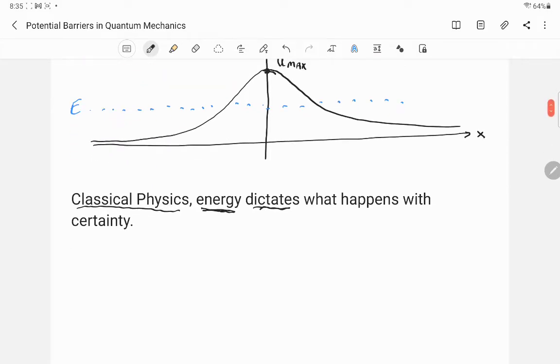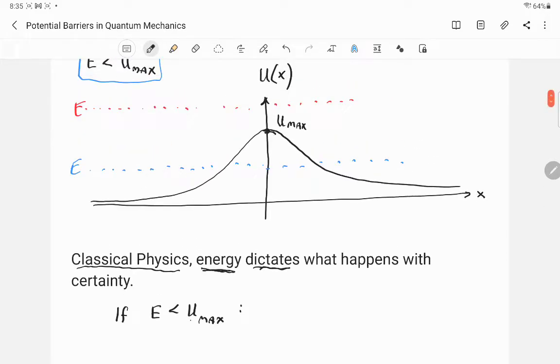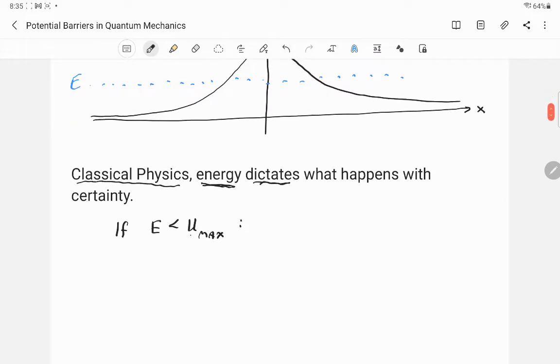If the energy of our system is smaller than U max, this is the situation of the blue line. We don't have enough energy to be above the barrier ever, then we expect